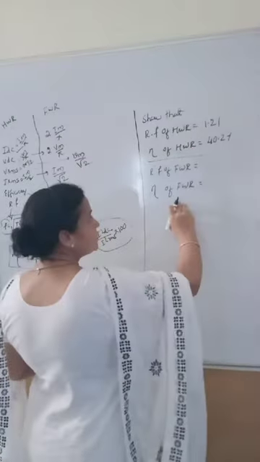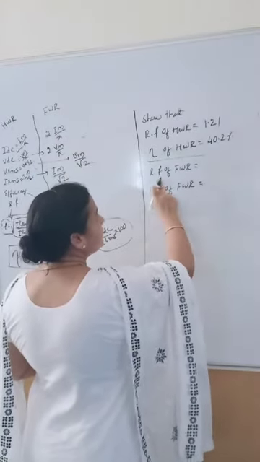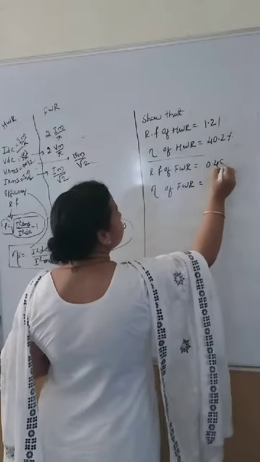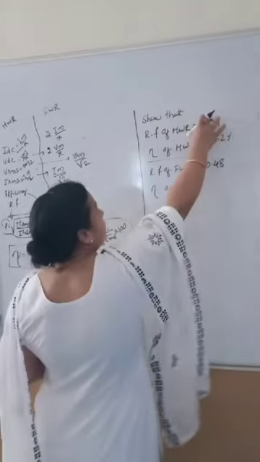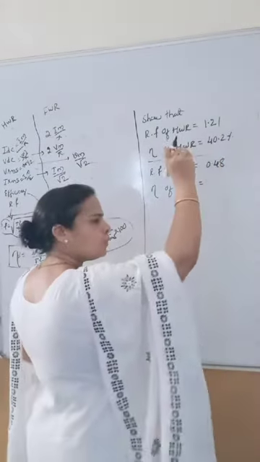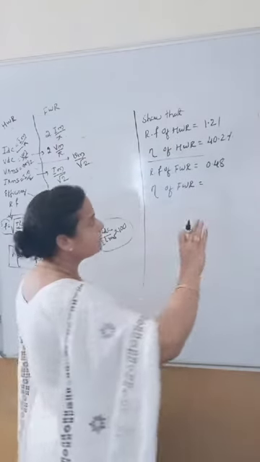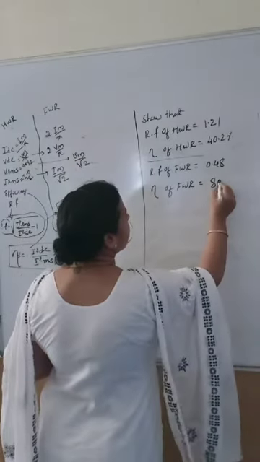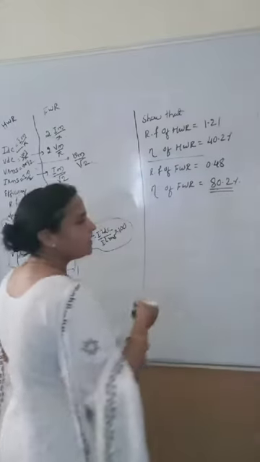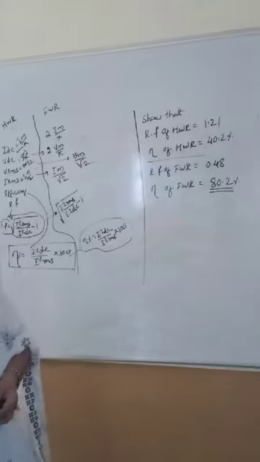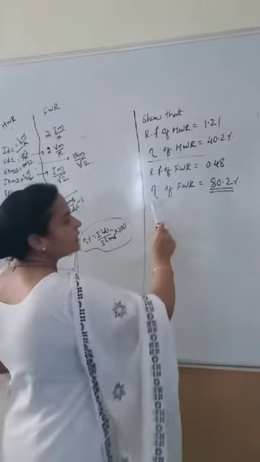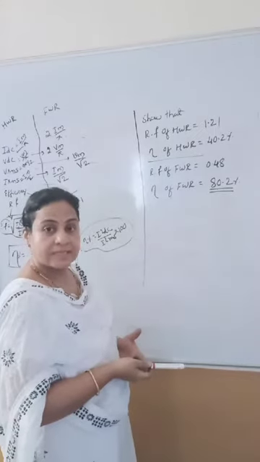Then the advantages: the ripple factor has to be less, so it got reduced to 0.48, which was 1.21 for a half wave rectifier. Whereas efficiency was only 40%, less than 50%, now it increased to 80.2% or 81.2%. Approximate value, you can consider this as 80.2%. These are the standard values. They'll ask you in the examination.